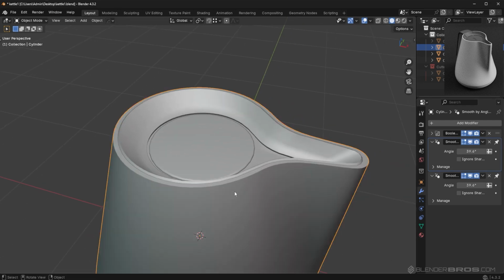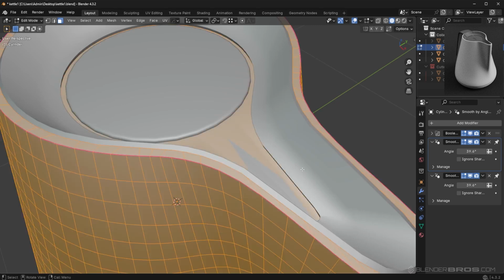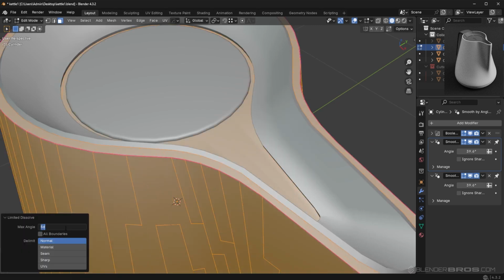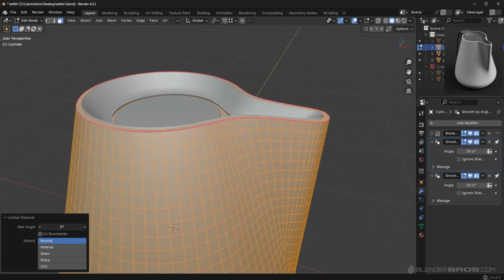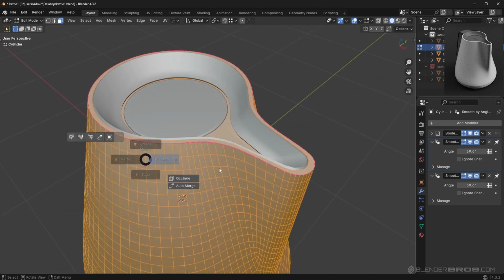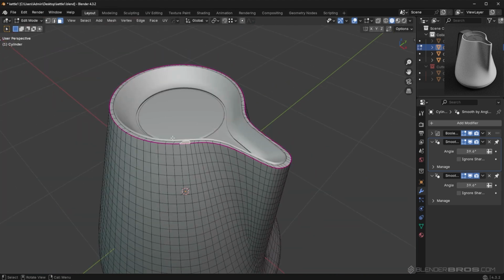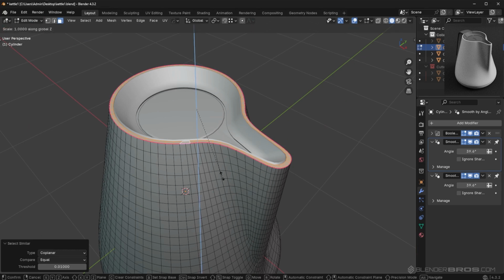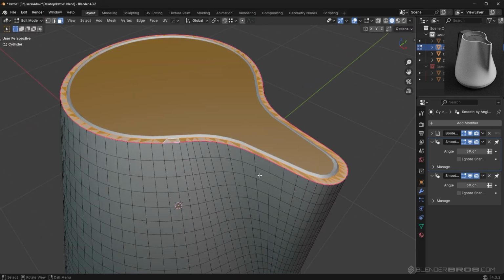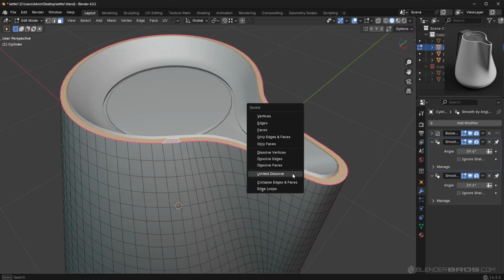And then just to get rid of this junk on the flat surface, we can go to limited dissolve, set this to something low like 0.1. And that's still dissolving out areas I don't want. So instead of that, I'm going to select this face here, Shift G, and then coplanar. And that should just be flat already. Then just press F to fill that, or just go in here and